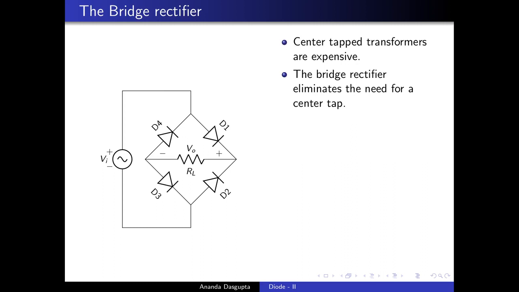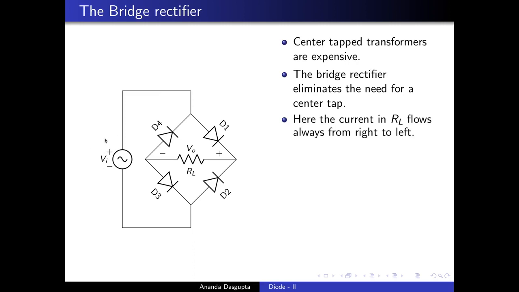And the major advantage of this particular rectifier circuit is that it eliminates the need for a center tap on your transformer, thereby reducing costs a lot. It does require two extra diodes, but as I said, diodes are cheap. Now, what happens in the circuit is that the current in the load resistance RL always flows in one direction, from right to left. To understand this, let me point out that